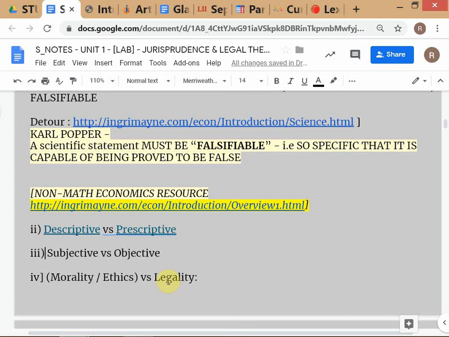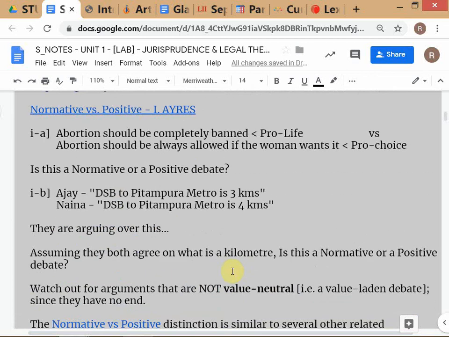Is this clear? So the first distinction, probably the easier one, maybe I should have discussed this first. Subjective versus objective is easier to understand. If we go back now between normative and positive, if you understand this whole abortion debate, is this a subjective or objective debate? Subjective. It is very subjective, because you can't prove that the other party is wrong, because it's a policy matter.